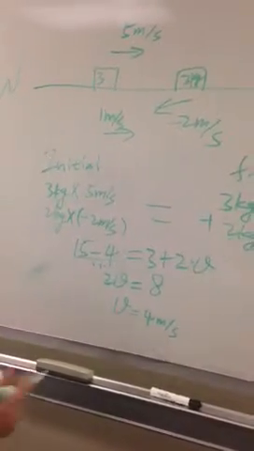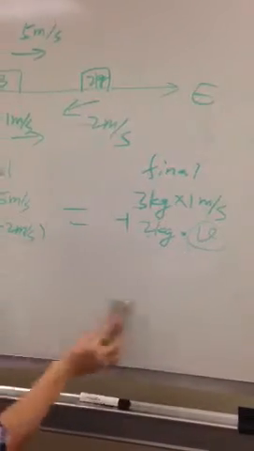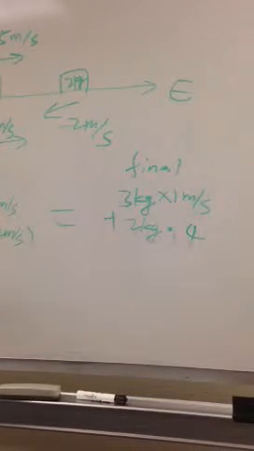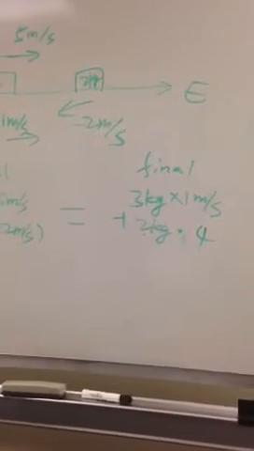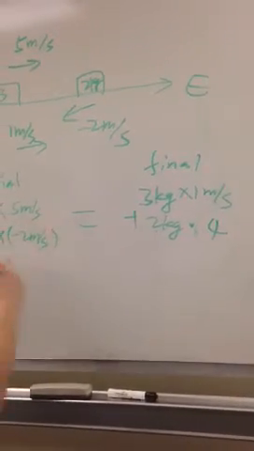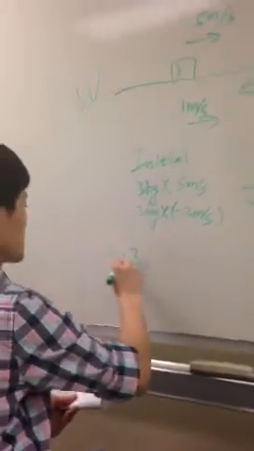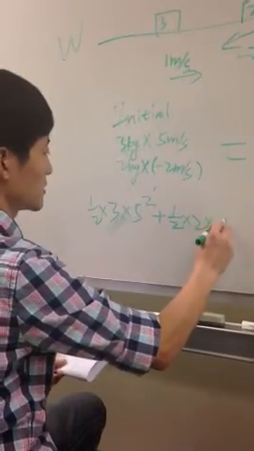We know the velocity in the end here. So from those calculation, we know here is 4. Okay? And then the question is ask you, what's the loss of the energy, kinetic energy? We need to calculate the initial kinetic energy and the final kinetic energy. The initial is 1/2 times 3 times 5 squared plus 1/2 times 2 times -2 squared. And in the end is